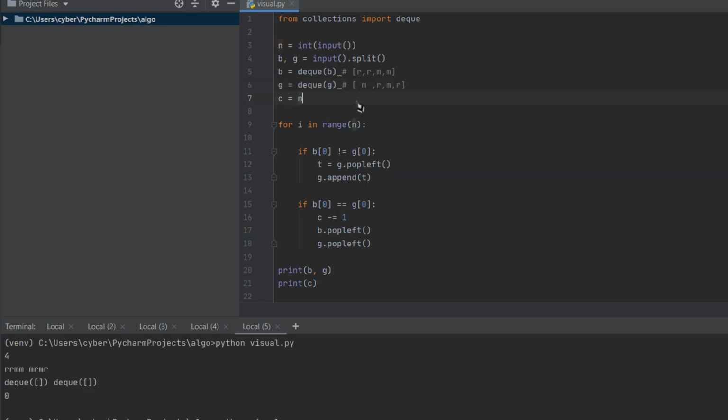Here I have just used C as a counter, but you can also simply print the length of this queue, or doubly ended queue, at the end of the code. That will also be the same. And now we are going to simply loop through each of the elements, like first r, 0 1 2 and 3, till n, which is definitely 4 here. Then we are going to check if these both are not equal, like if r and m,